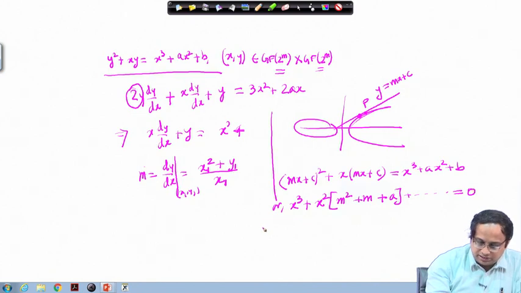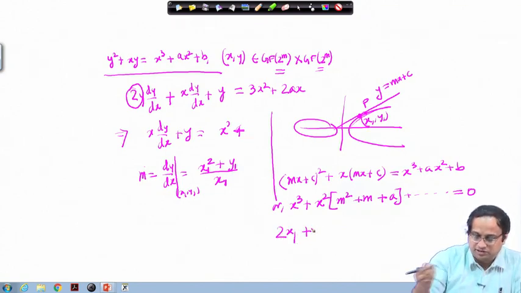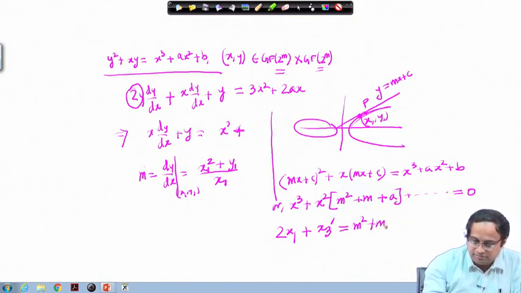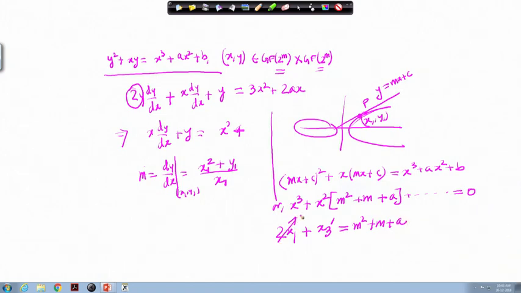So, now you see that I have got the point x 1, so suppose it is x 1 comma y 1. Now you have got 2 x 1, because x 1 plus x 1 plus the point which you want here. Suppose this is your x 3 dash, and this is equal to m squared plus m plus a. Again note that this is equal to 0 here.